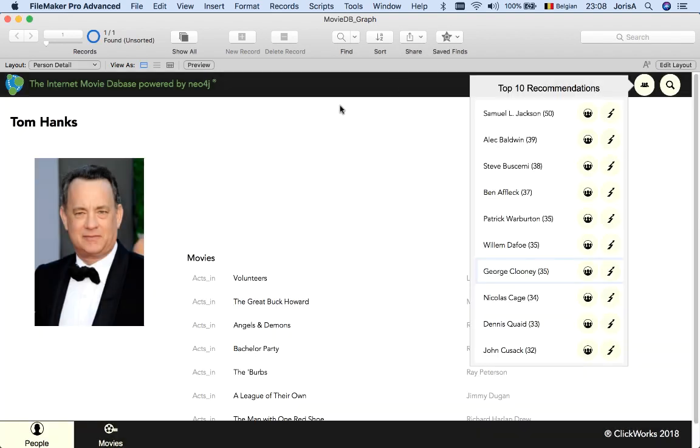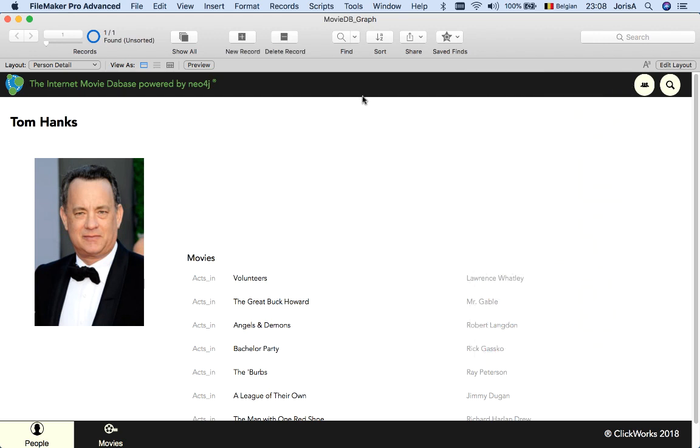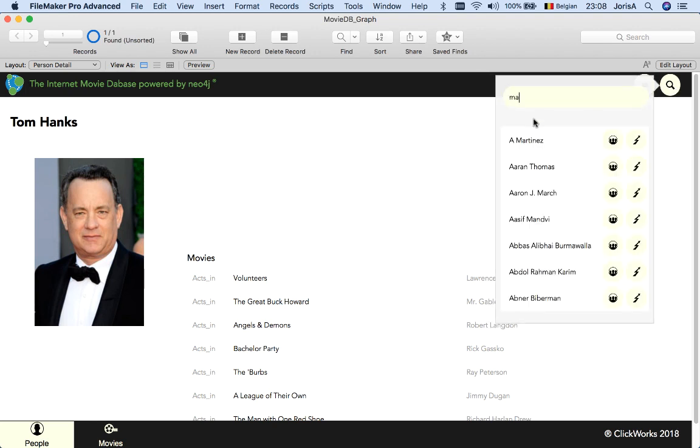Now I wanted to show you one final example. There's actually a Flemish actor, an actor from my country, who is now becoming famous in Hollywood. His name is Matthias Schoenaerts. And I would like to find the shortest path between this famous actor Tom Hanks and our Flemish actor